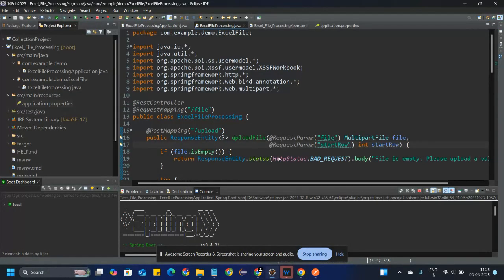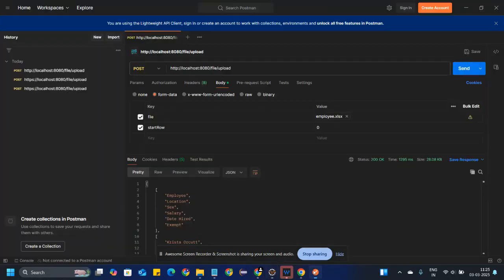Guys, we have resolved the program issues, because we had issues in the start row. So now we have resolved it, and we go to Postman. We paste the URL here and import the Excel file; we first deleted the old one.